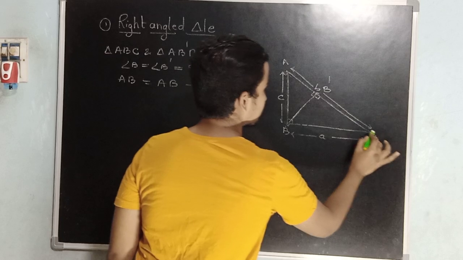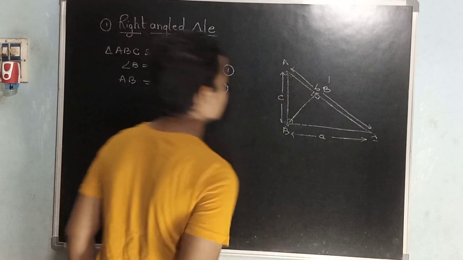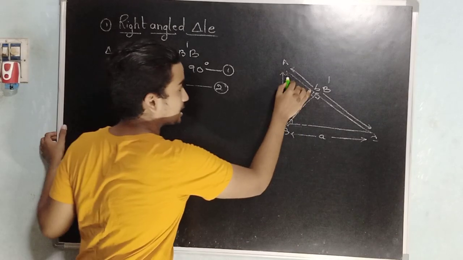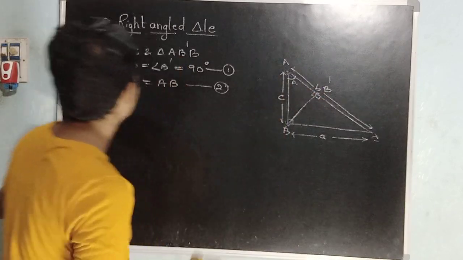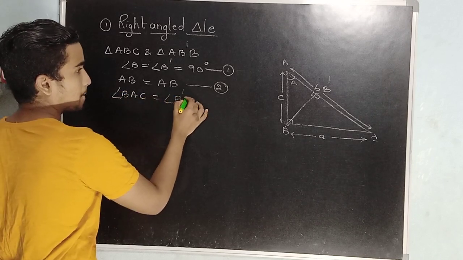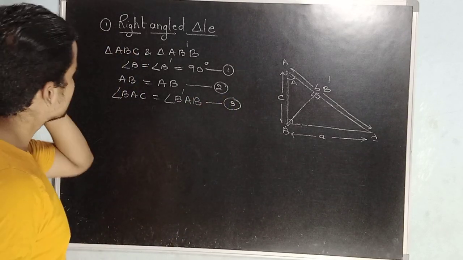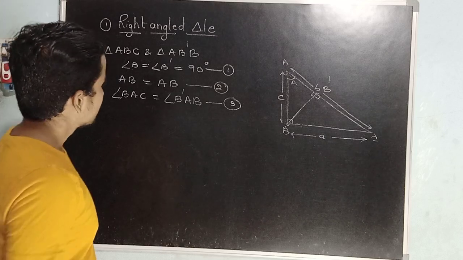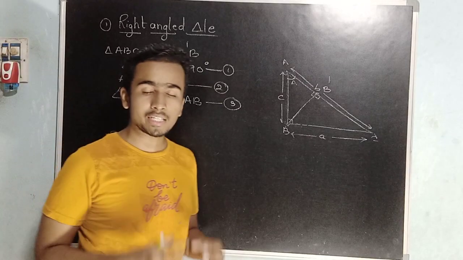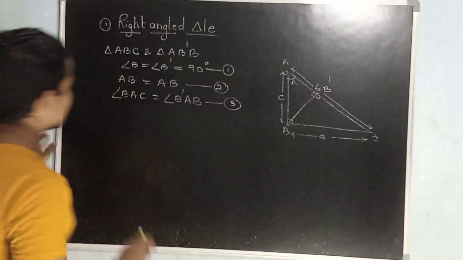And thirdly, in these triangles, one of the angles is equal, and there is another common angle, angle A. Angle BAC is equal to angle B dash AB. This is our third condition. Based on all these three conditions, as per the concept of congruency and similarity, here we can decide that